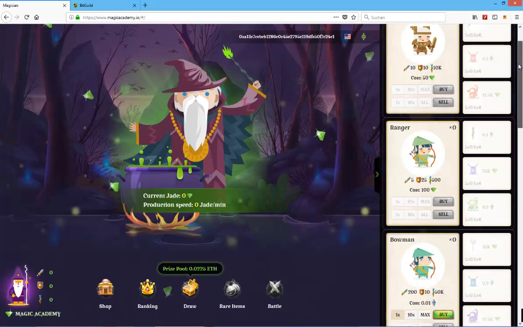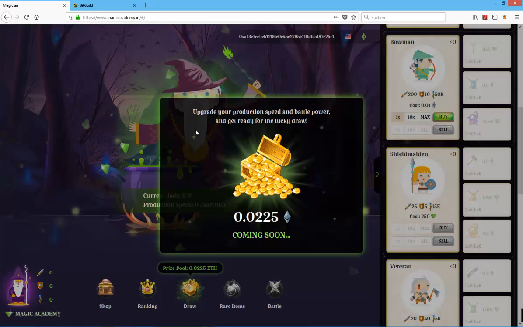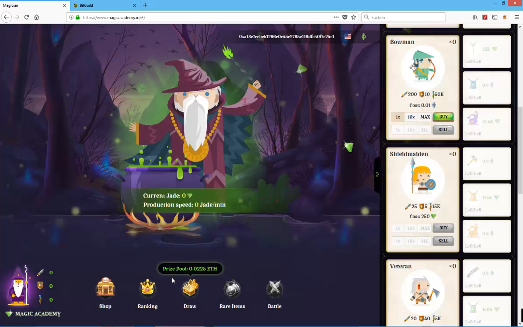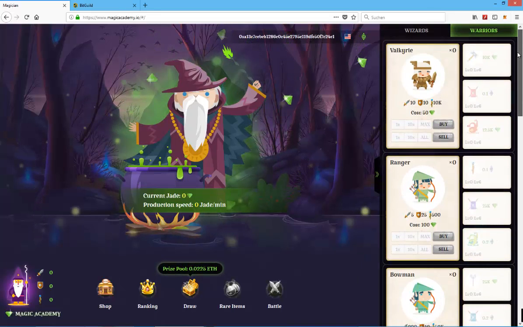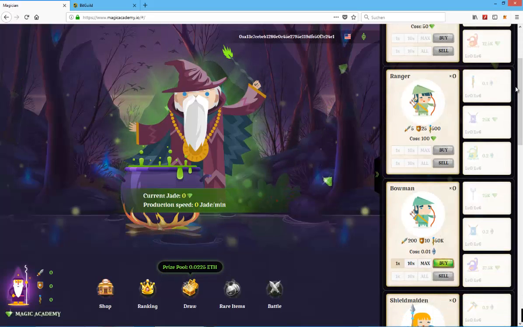Because I don't really see, which is I think a little bit of an issue, any kind of way to get an explanation of how the game works exactly. You can't really click on the other items, you can't even click on draw without getting a little bit more information other than this one. You have a ranking system, you have a shop, but anyway, you can attack other players, you can get some of their produced jade,